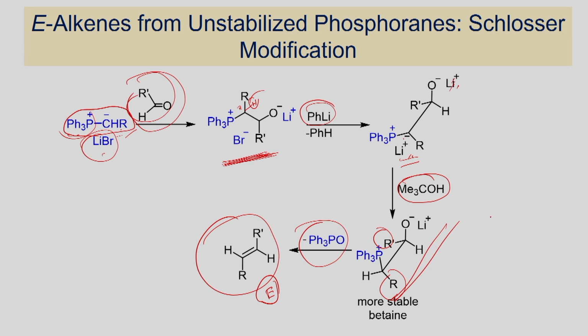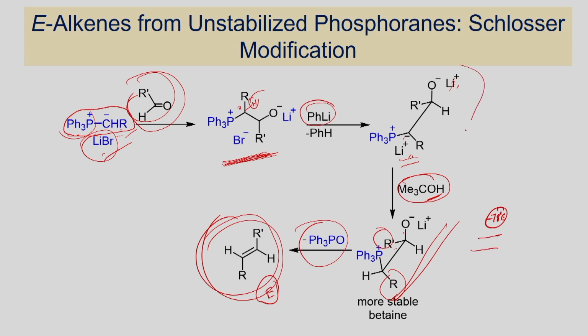So if you have the unstabilized phosphorane, you can make E-alkene, but this reaction you have to carry out at low temperature, negative temperature, and you form this and warm up, then you add this. When you do the protonation here, then it can convert into the alkene. This reaction has been carried out in the presence of lithium salt like lithium bromide at low temperature, and you